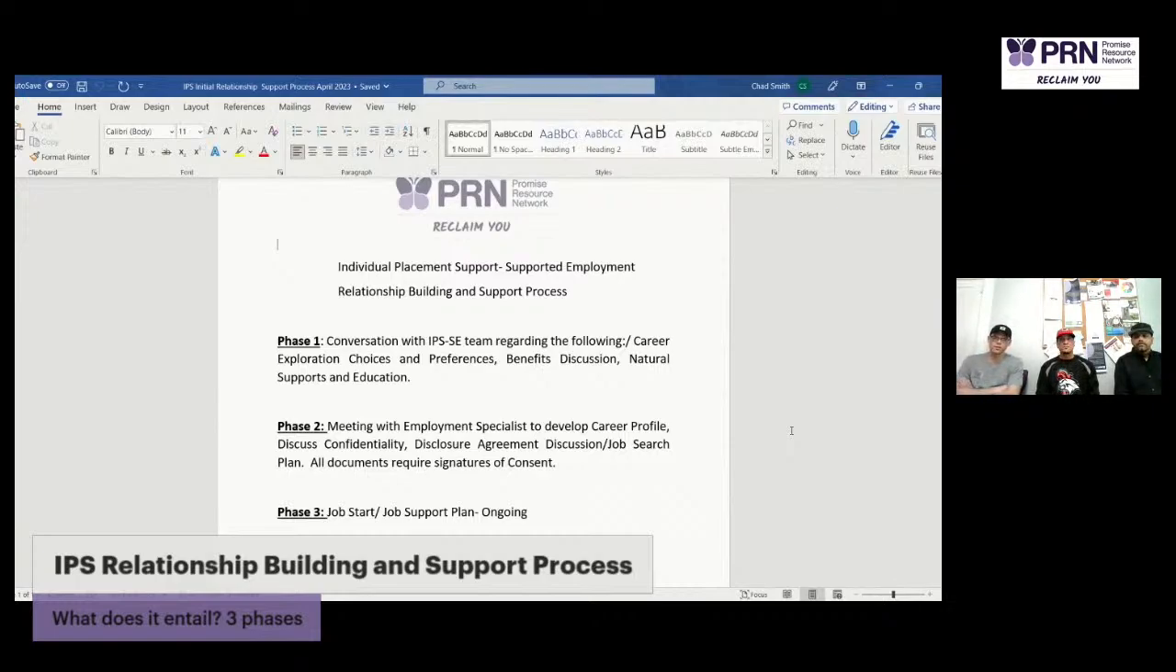I would say that's the chunk of the program, phase two. And then hopefully, that eventually leads to a job, which would lead into phase three. Yeah. Phase three. And Ralph, you want to share a little bit about when a person starts a job